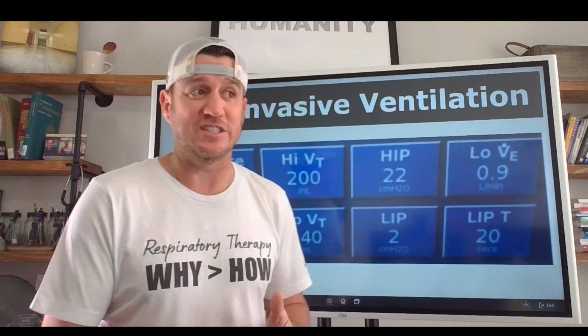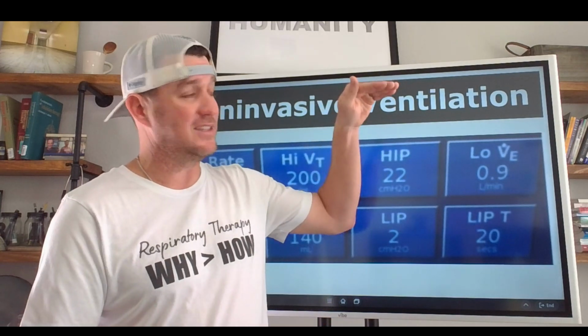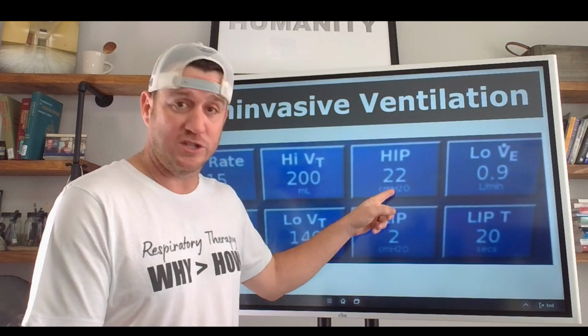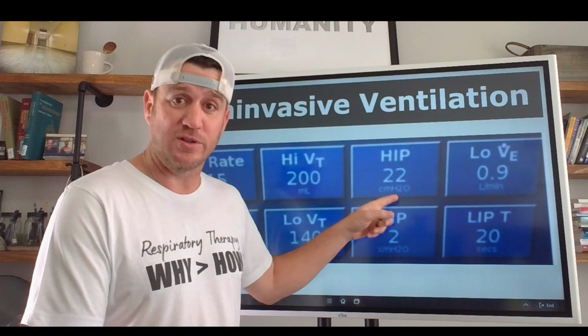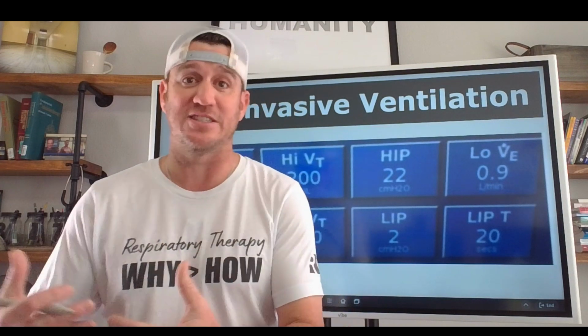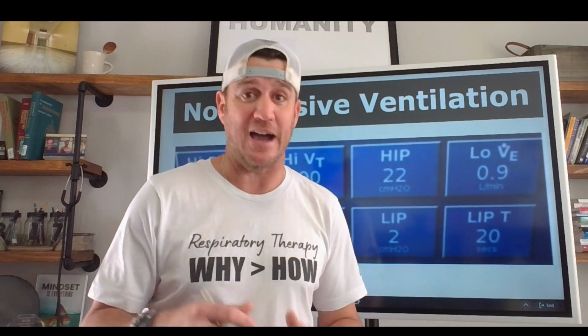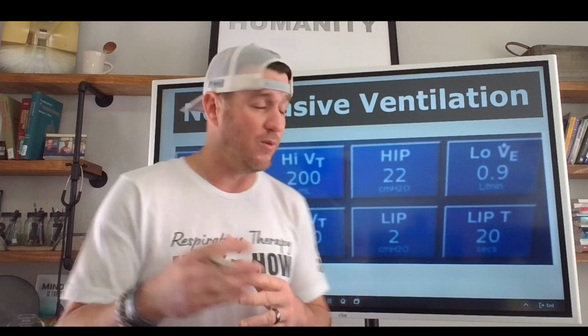So let's say you have it set at 15 and the pressure is going to rise to 15. It shouldn't go to 22. If it does go to 22, something's going on. There may be an obstruction in the circuit. Maybe the patient is coughing excessively hard against the BiPAP. Maybe something is going on causing that pressure to be high in that circuit,